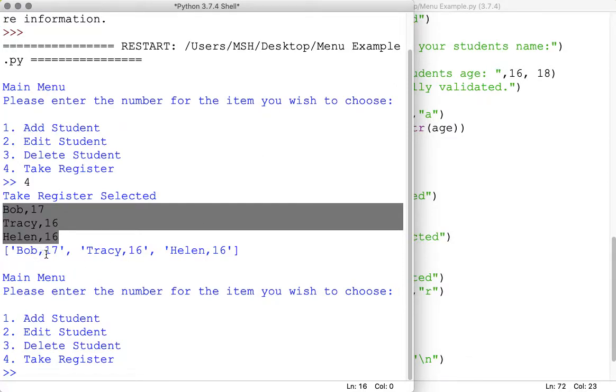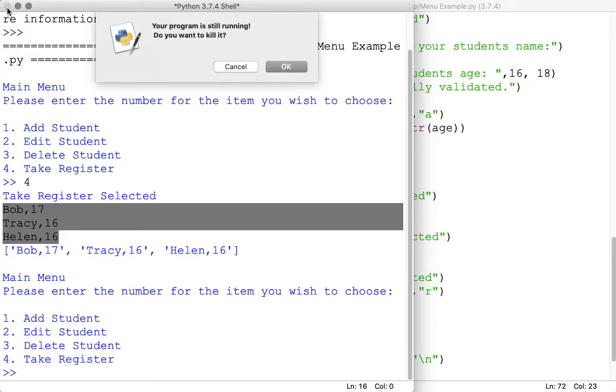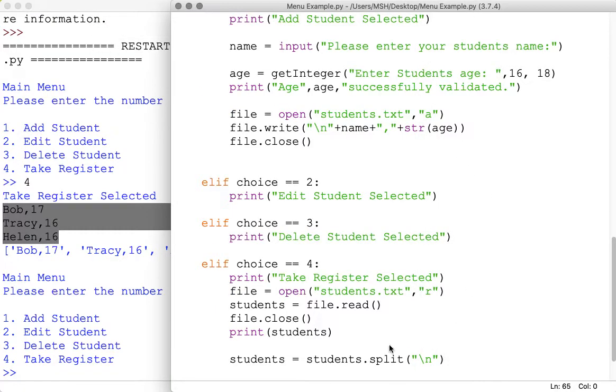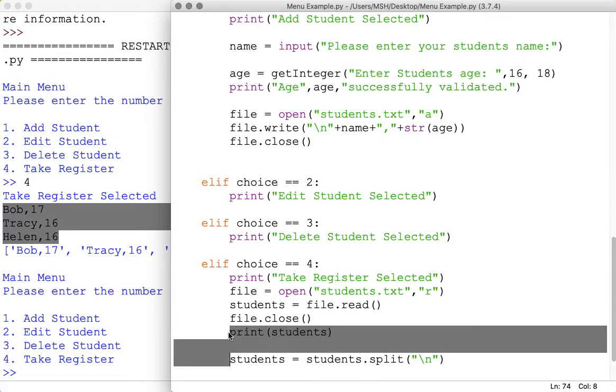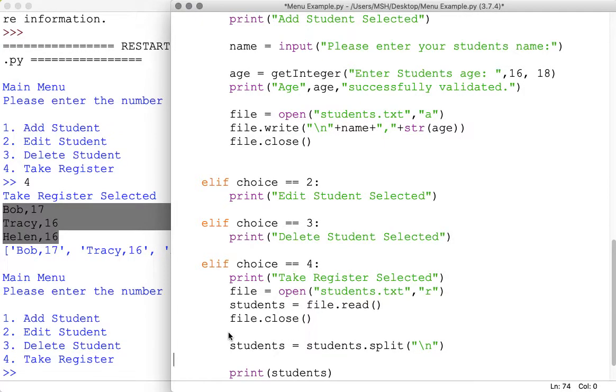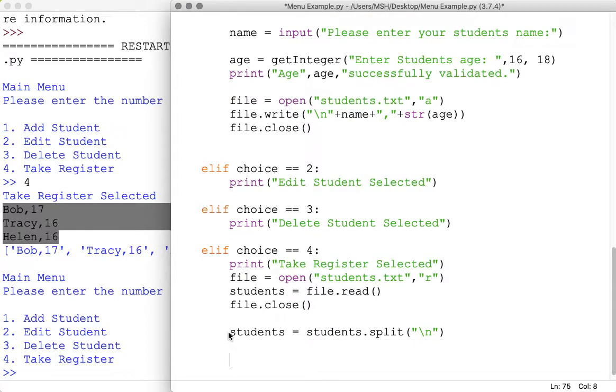Now it would be brilliant if I could also split them on the comma, so that I could have them as individual items of data as well. Let's not kill that just yet. So let's take that out. Students equals split. Right, what that means I can do, because this is now partly a list, and they're split up into Bob's record, Tracy's record, I can now for student in students, for player in rugby team, whatever one you've got,